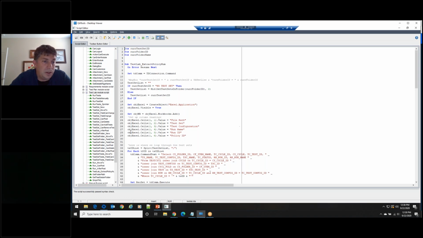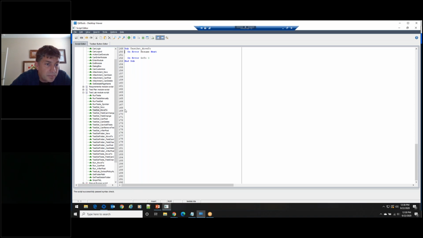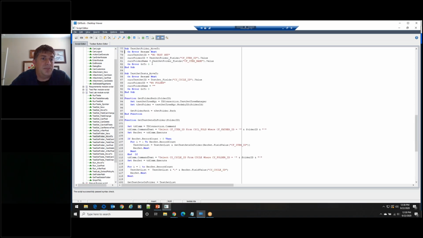The first thing is on test folder move to. You can see here I'm setting what the current folder ID is, the current folder name, or if I'm on a test set, what the current test set is. This tells me when my code starts, when somebody clicks that button, whether you are selecting just a test set or an entire test folder.